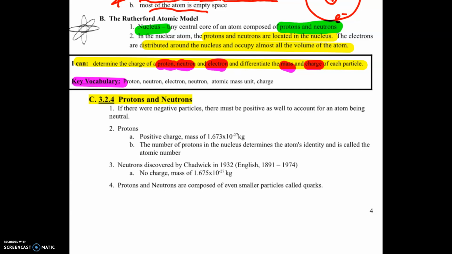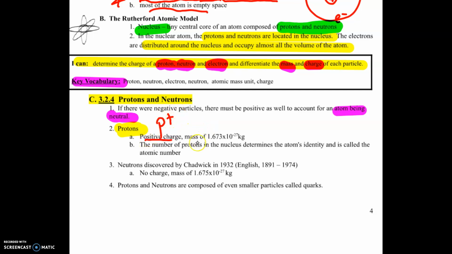So protons and neutrons. If there were negative particles, then there must be positive particles as well to account for the atom being neutral. So atoms are neutral, and they are made up of smaller positive and negative particles. So the proton is that positive particle. A lot of times in class, we'll abbreviate by saying P plus, so P for proton,